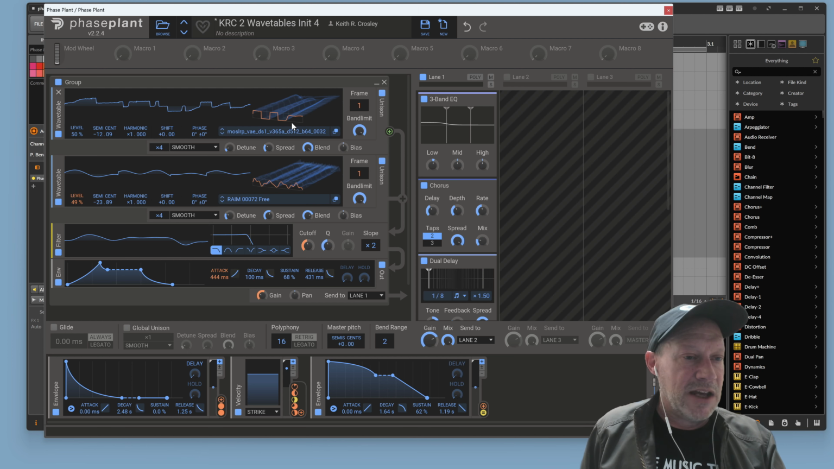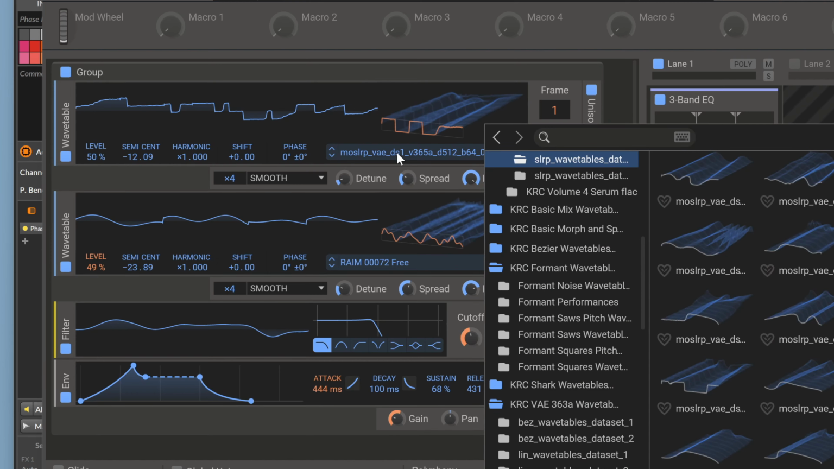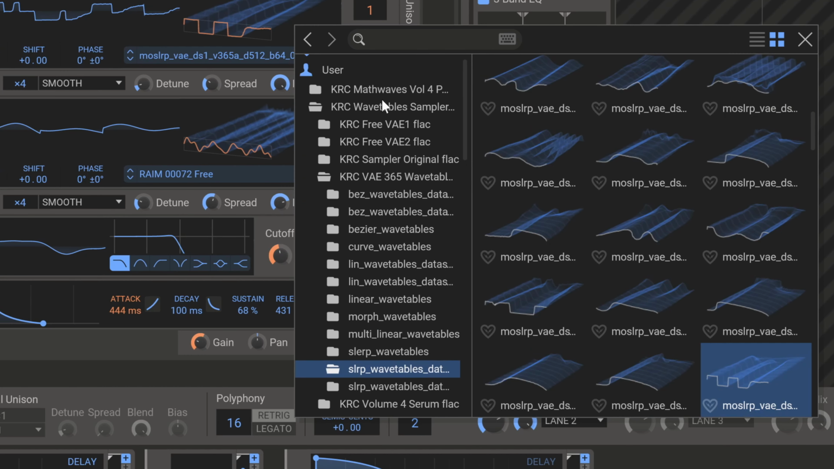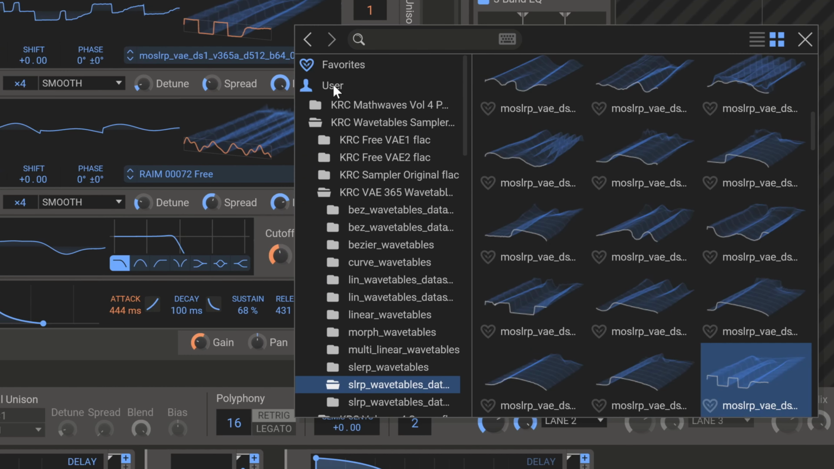Okay, so how to actually import wavetables, whether you've got KRC Mathwaves or some other 256 frame wave format wavetable, into Phase Plant? Well, there's really two ways to do it. What you have to have first is a wavetable oscillator in your patch. So just add a wavetable oscillator, and then when you go to select a wavetable, you'll find that there's both a user section